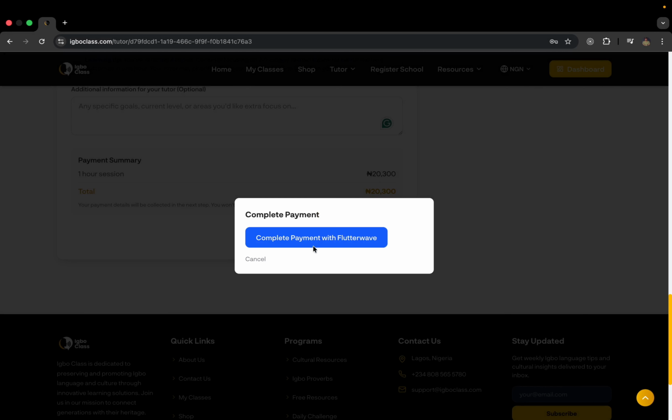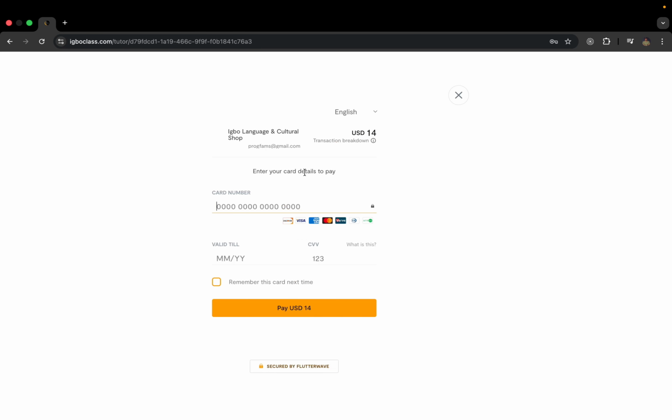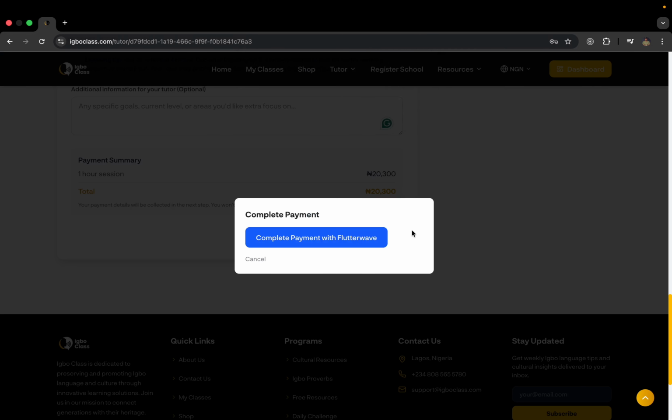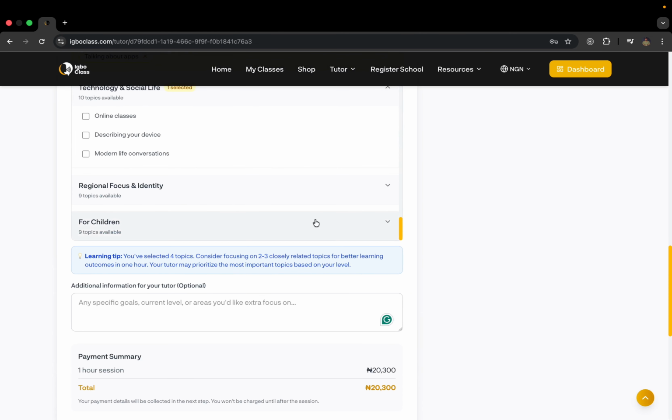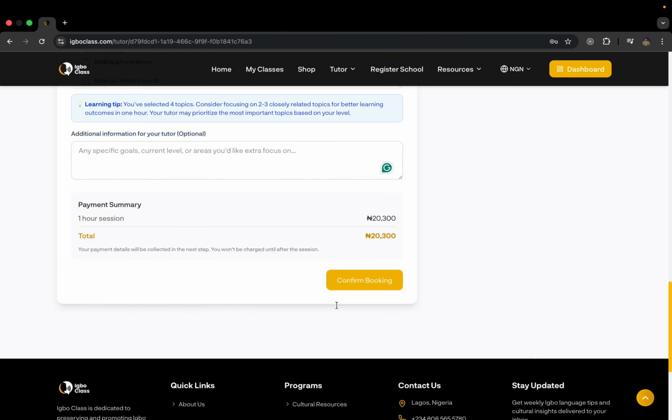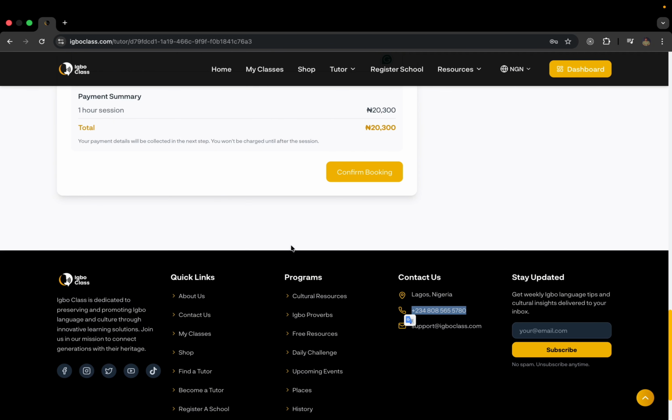If you want to use Flutterwave, complete payments with Flutterwave. So Flutterwave will load, and I'm able to type in my credentials and card information, and so I'll be able to complete the payments. When you're having an issue making payments, which hardly happens, don't forget that you can quickly reach out to us. Make sure you use the support line to give us a call, and we'll guide you on how to complete the